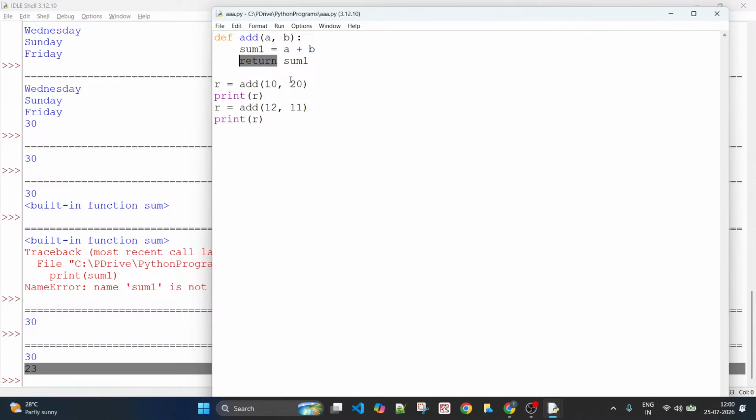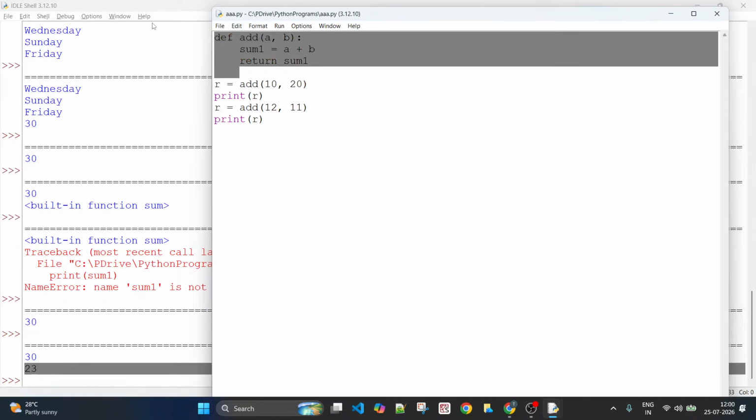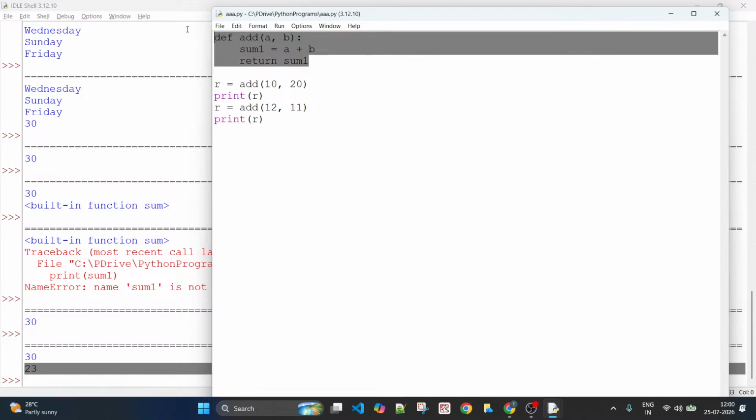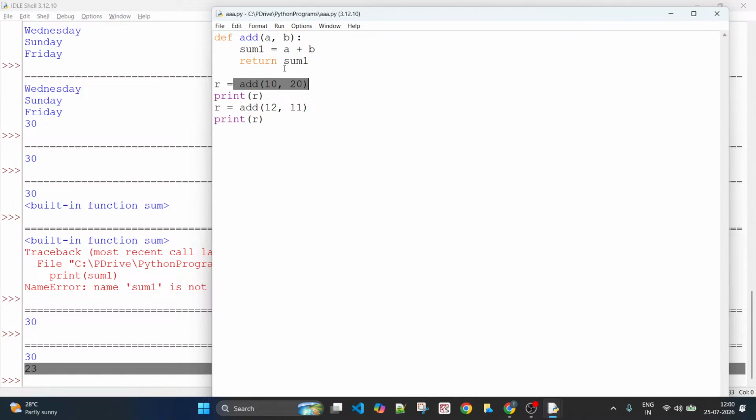When do you use return statement? When you have to return some value from the function body to the calling statement place, you will be using return statement. Function call will transfer the program control from the current statement to the place where the function has been defined. Return statement will transfer the control from the definition of the function to the statement that has called that function. All right. So you can return a value from a function, and that return value is saved into this variable.